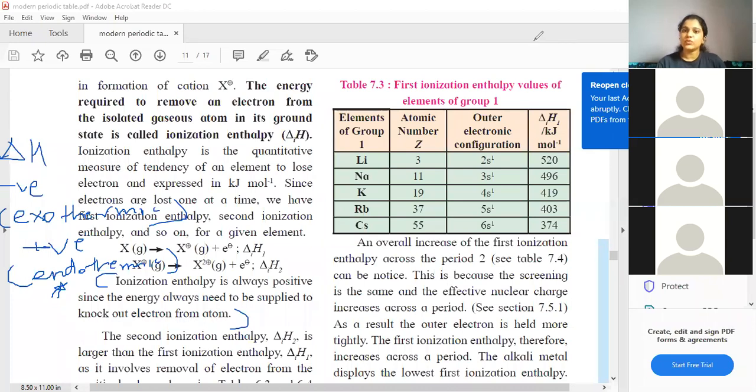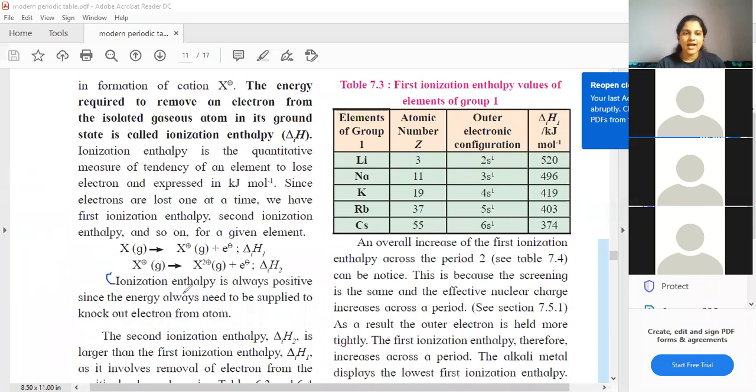All right. Fine, student. Okay. Now let's get back to what is written over here. As I asked you all to mark this and put a star mark, ionization enthalpy. Now let's get back to what type of enthalpy we are discussing. We are discussing ionization enthalpy, energy required to remove the electrons.